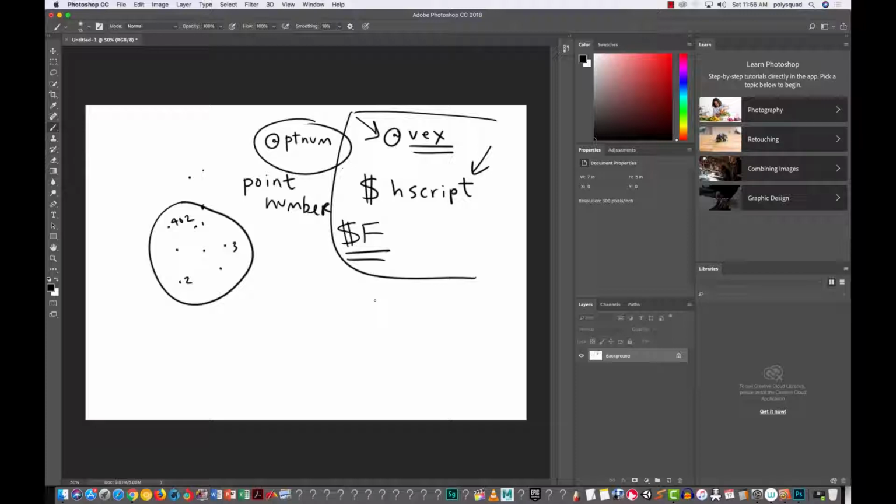So @ptnum, point number. So what is rand? Rand is a function, and it's a function that returns a pseudo random number